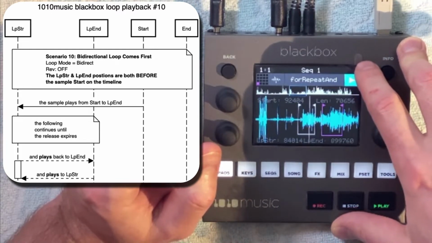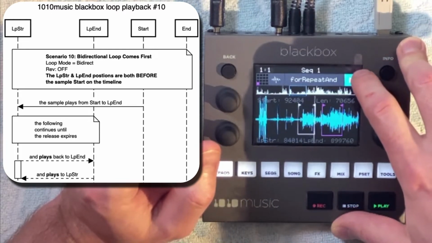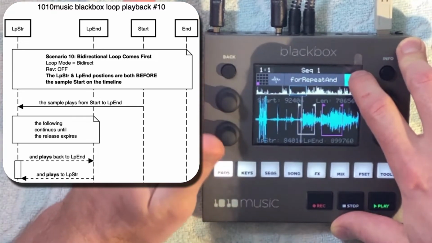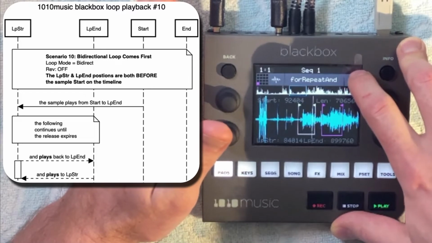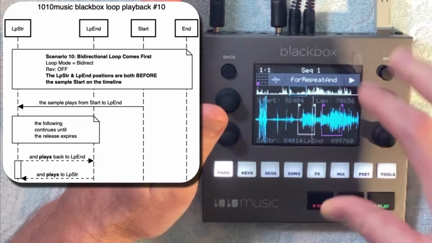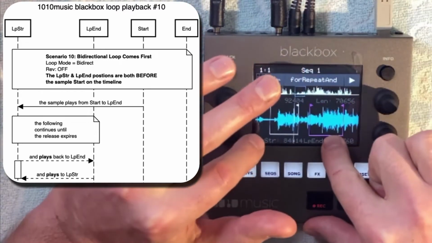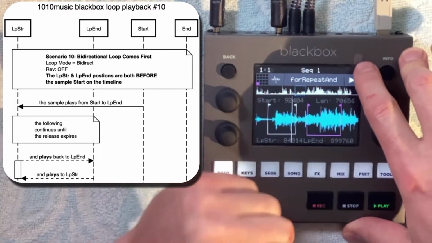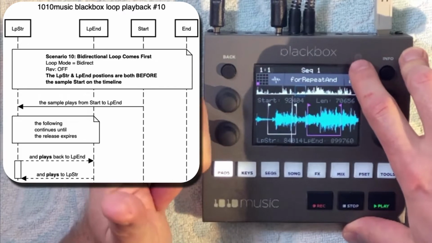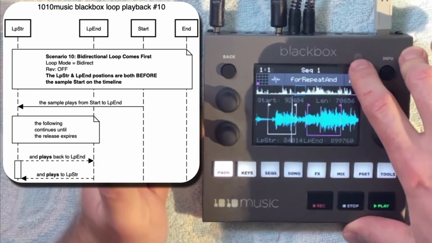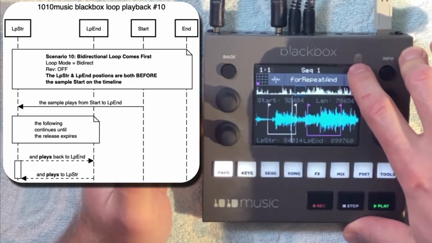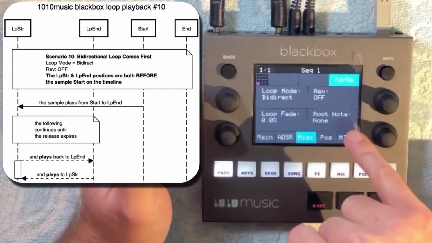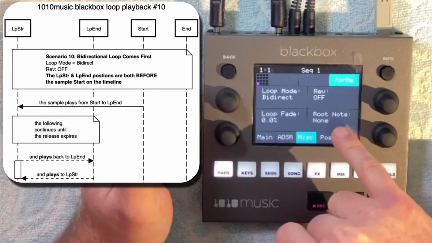Okay, so this is weird. This takes me a minute to wrap my head around. It's a bidirectional loop with reverse off. What happens here is the sample plays from the start point, the pink start flag, the sample boundary, backwards until it hits the start of the loop boundary, and then ping-pongs inside the loop bidirectionally. Even though reverse is off,